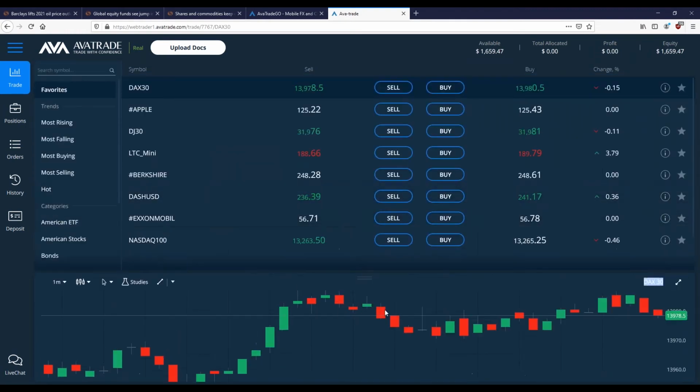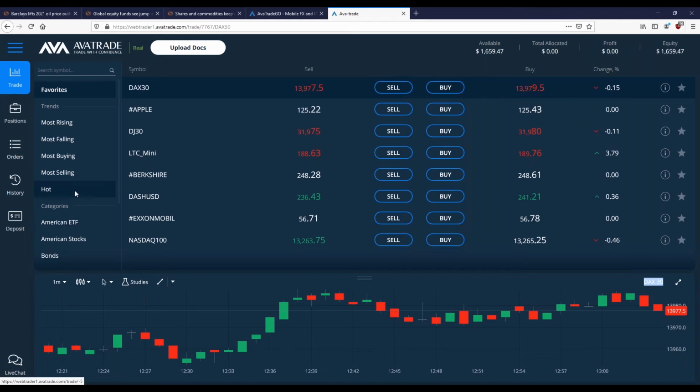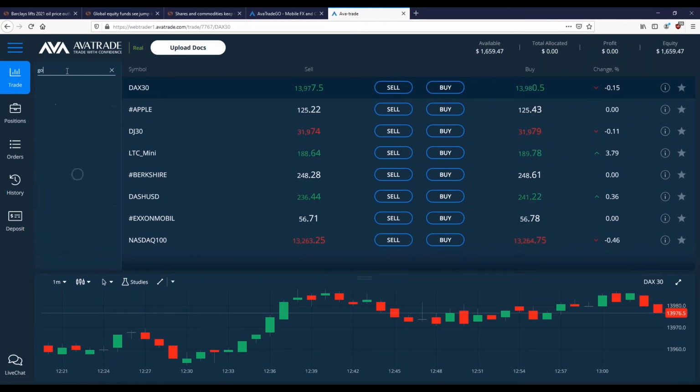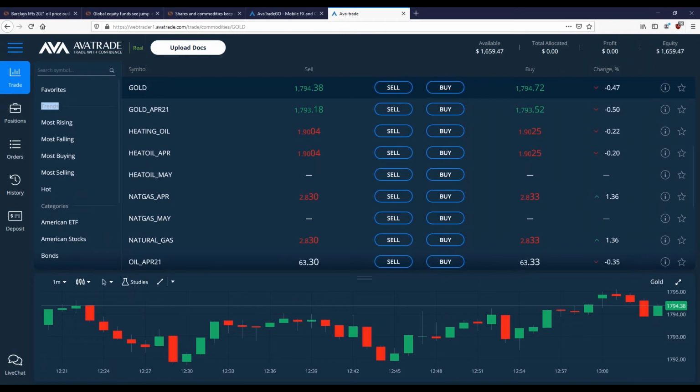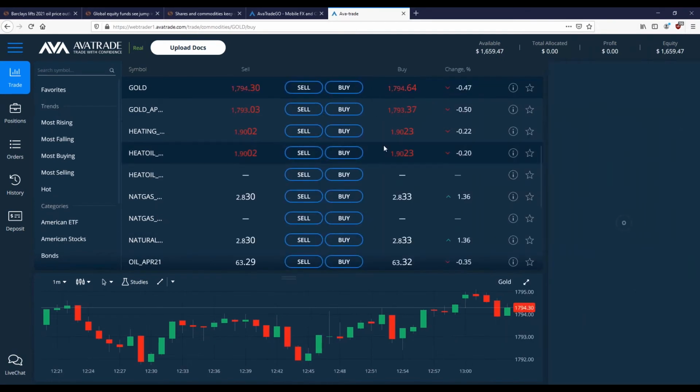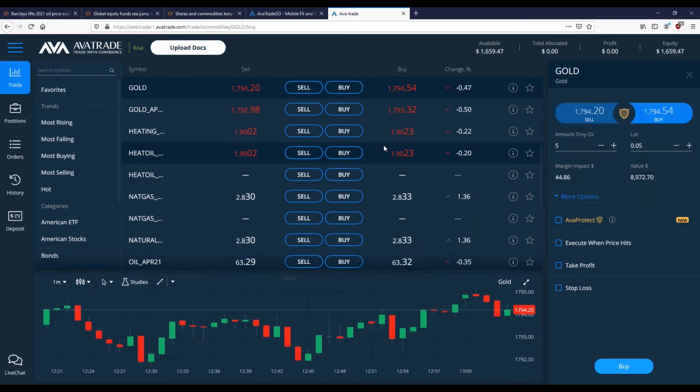You've got your favorites list, different categories to organize by. So if I'm looking for something specific, I can find it just by searching with a keyword, and then I can bring up that instrument and chart. And quickly, to show you what I was talking about with the risk management, you see AvaProtect is available on